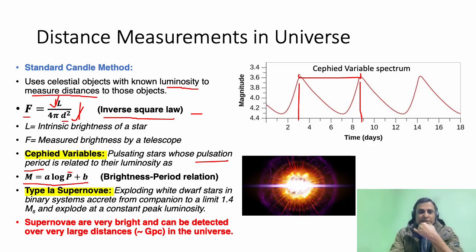So one type of candle we have is this variable star called Cepheid variables, and the second type of candle that we can use to measure the distance is the supernova. So you know the supernova is actually an explosion of a star, right? There are various types of supernovae, and the type 1A supernova is used as a candle. So what happens in this case is that